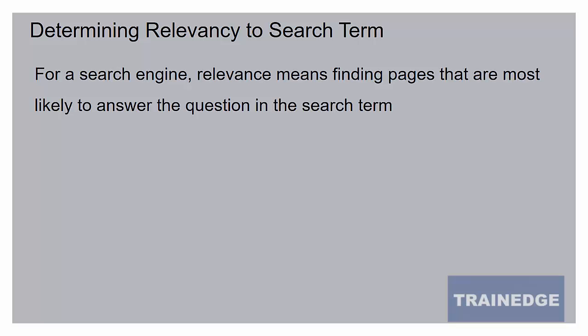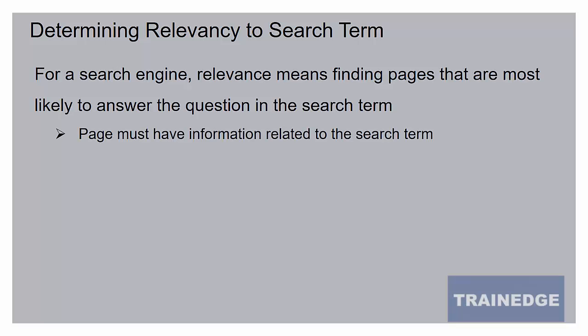So if I enter places to visit in Goa, what I'm really asking Google is show me a page which has the best information about places to see in Goa, which can help me figure out which places I should see in Goa. So that's the question. And Google will look to find a page which has the most complete information about places in Goa. They look for pages that have information related to Goa, the search term,